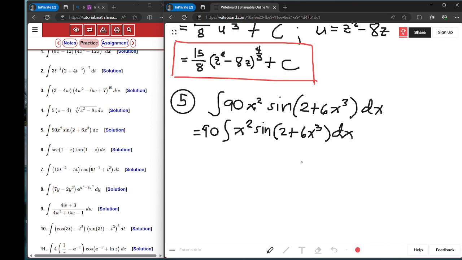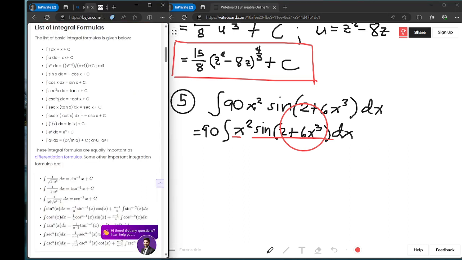So the problem here is that we cannot let this one equal to u or neither of these because the result would be different. Because if we let sine equal to u, then the derivative of sine is negative cosine, which is not found here. Since it's given here that it's x squared, we have a hint that this might be our u. Because if we check the notes or formula, we only have here integral of sine x, cosine x,